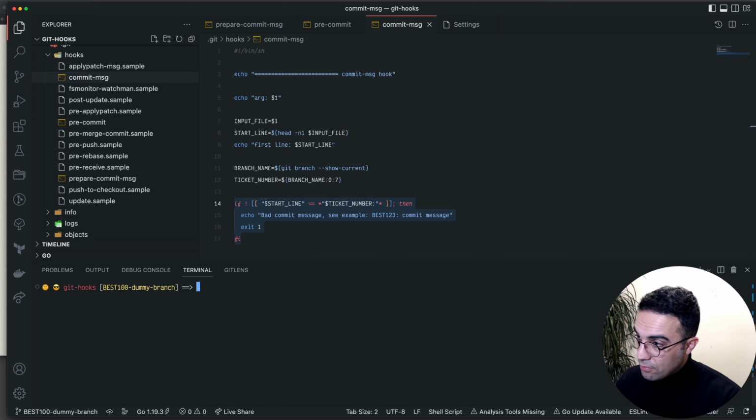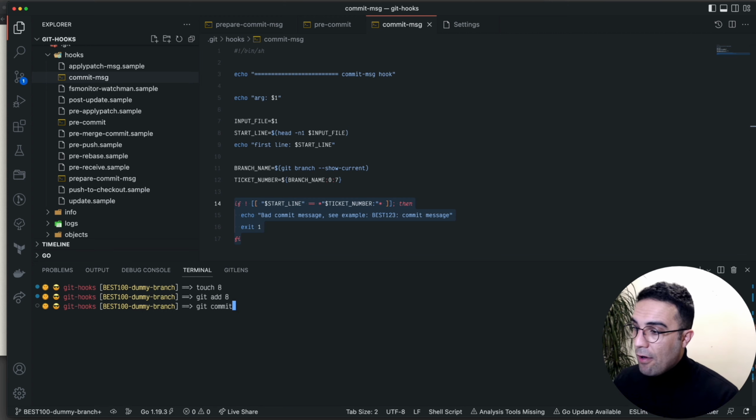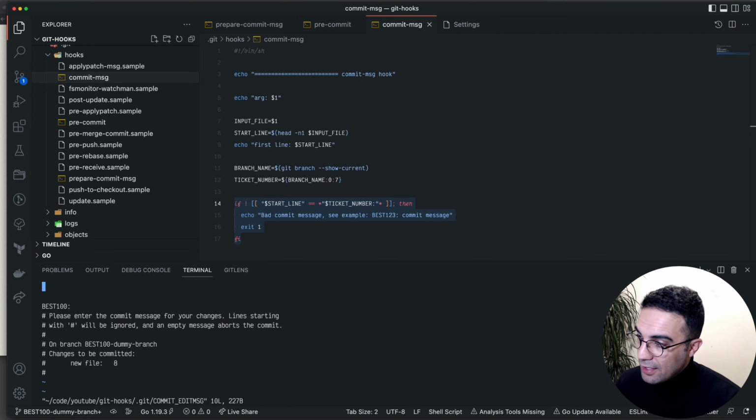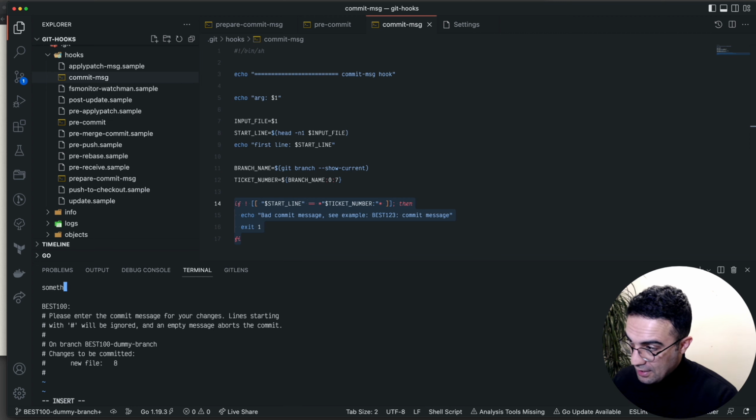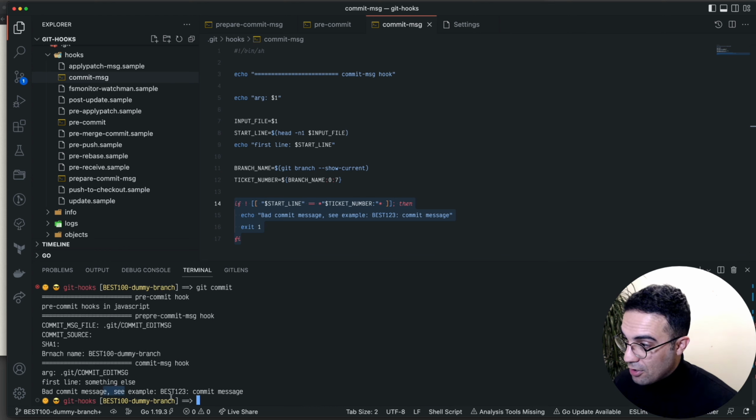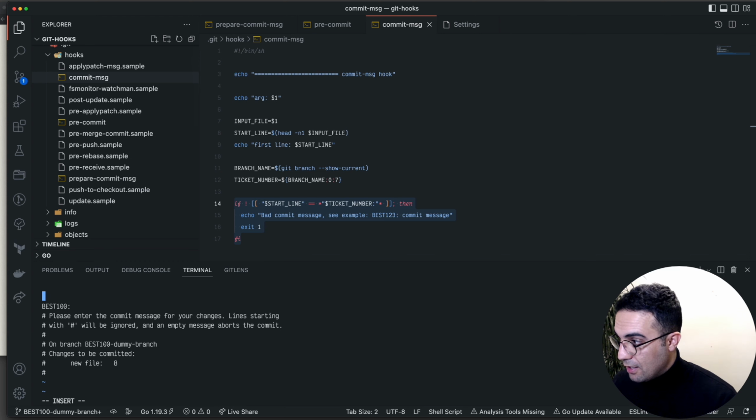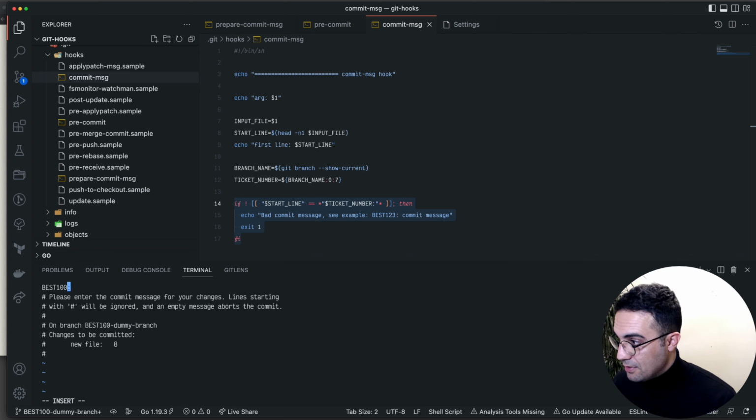If I'm just doing, for example, let me add another file. And now if I do git commit, again, here we just need to make sure we are still having the same format. If you don't follow the same format, it's not going to work. So if I press I and then press something else and then try to continue, again, I'm not going to pass it. Now if I do git commit again and then press I, and then let's just clean up and say added another file,